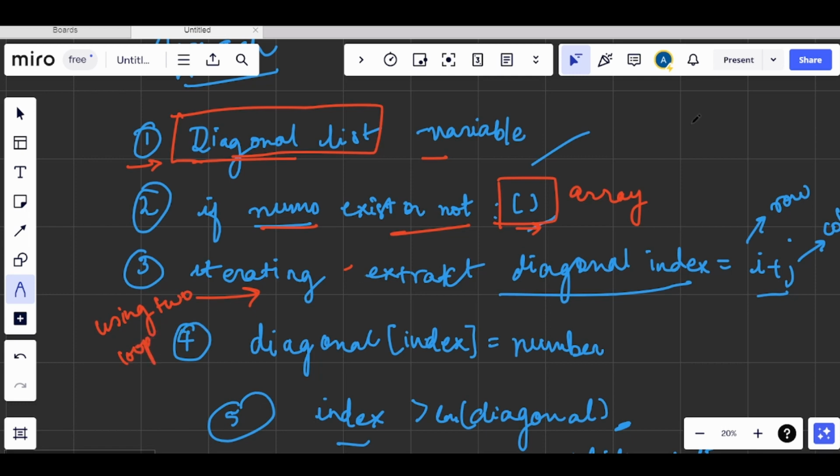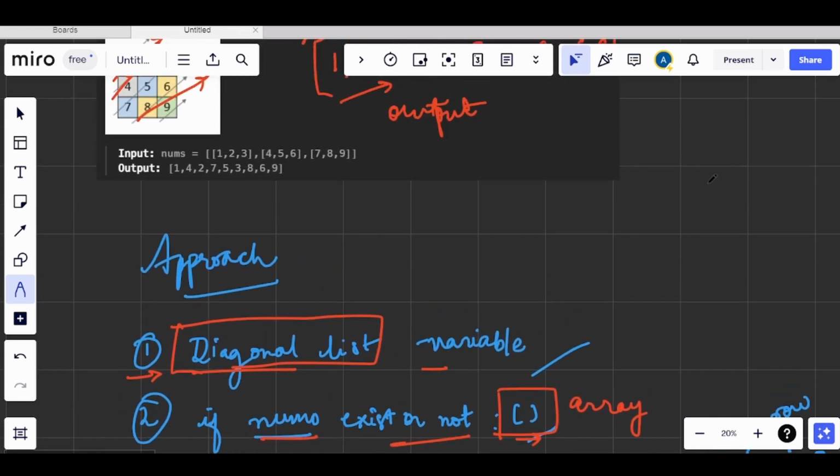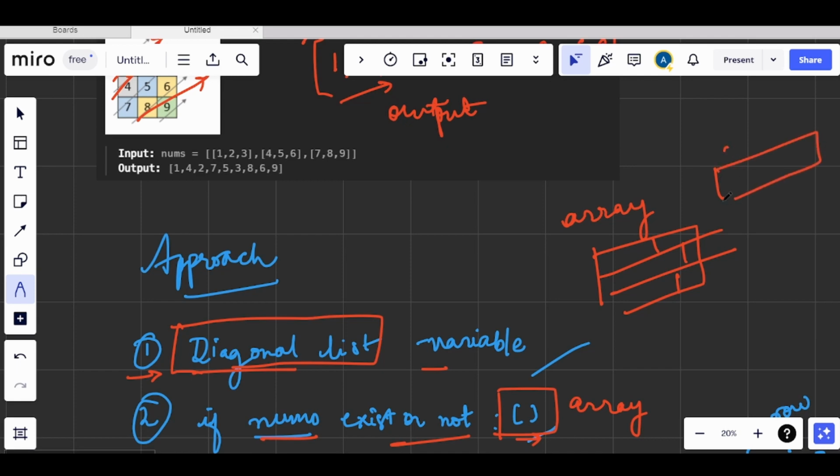We have been told that the array can be a jagged array, meaning the row and column lengths are not the same. Maybe in the first row there are three elements and in the second row there will be only two elements.